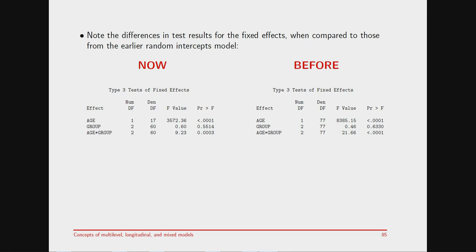Before, with just a random intercepts model, these were our F statistics. Now, with the random intercepts and random slopes, you see different F statistics. I mean, the conclusions wouldn't change. The interaction is still highly significant here. But you see that playing around with the random structure of your data has an impact also on the inferences for your fixed effects. And we've seen that already last week, because that's exactly the same as when we first